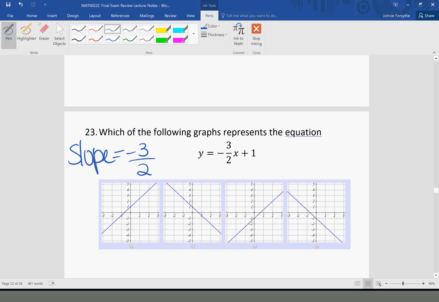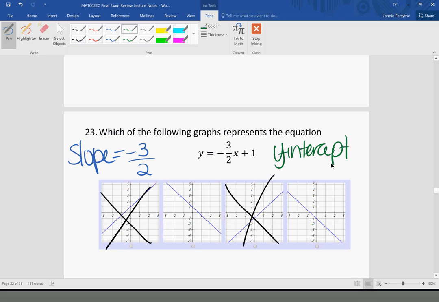So for one, and you guys already answered this for another question, if the slope is negative, that means your line should be decreasing from left to right. So that rules out the first and the third, because those are increasing from left to right, so that slope has to be positive. So now you just got to look at which one has a